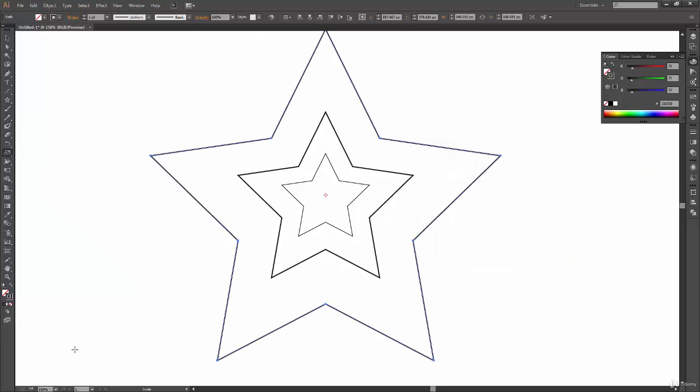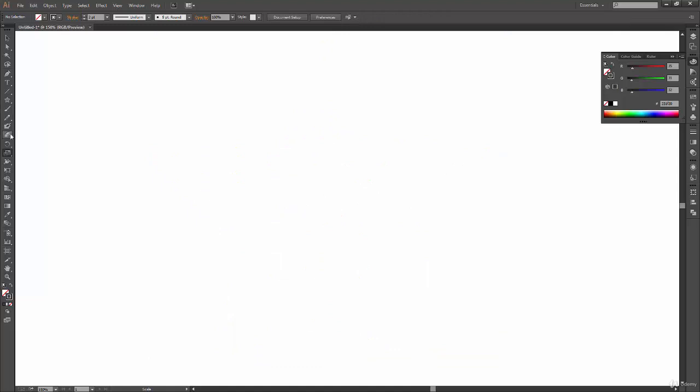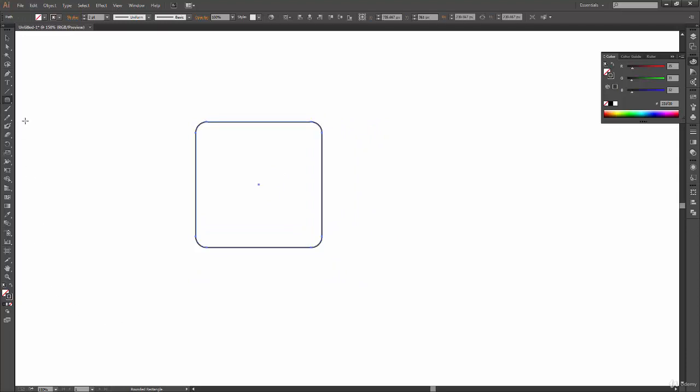Now let's see our next tool, which is the shear tool. So let's delete all of these shapes and create a rectangle instead, or a rounded rectangle. I'm pressing shift to have a perfect square, and now you can click and hold on the scale tool to get this sub panel window, and now you have the shear tool. Unfortunately, there is no shortcut key for this, so you have to manually select it from the toolbar. So click on shear tool and you have your tool selected.